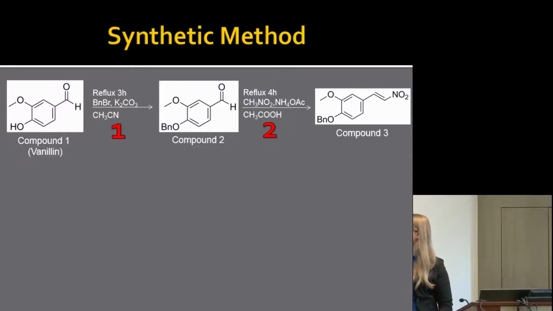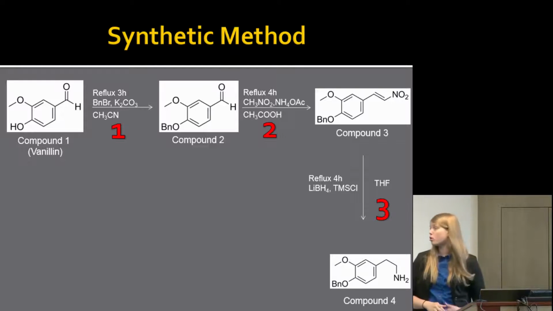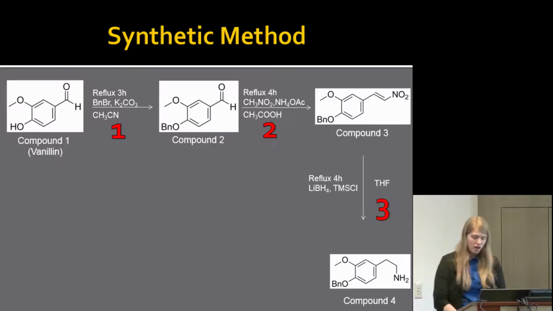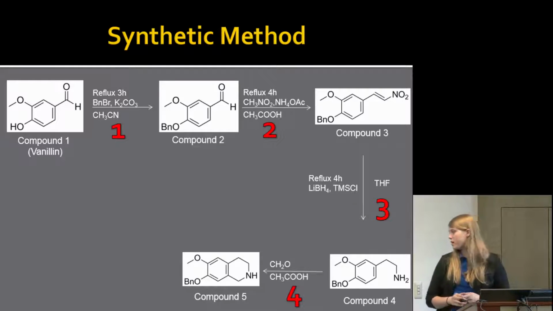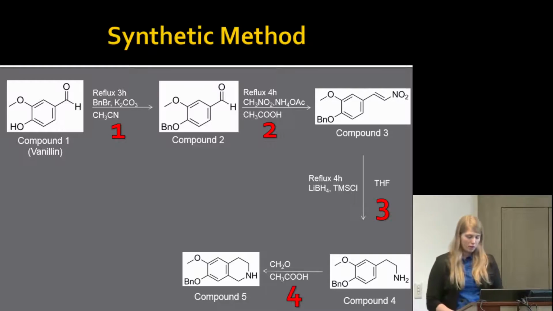This is what's called a nitroaldol or Henry reaction, and we make this nitrostyrene here. The next step is to reduce this nitrostyrene using lithium borohydride, and now you really start to see the second ring forming. The next step is to close the ring, which we're using what's called a Pictet-Spengler reaction with formaldehyde to do, and then you have our ring B.